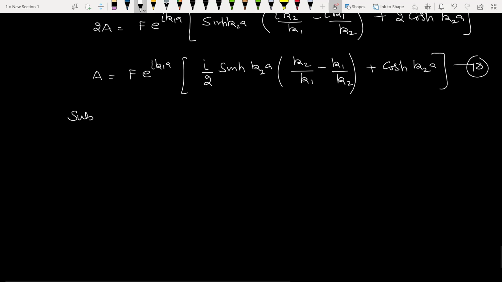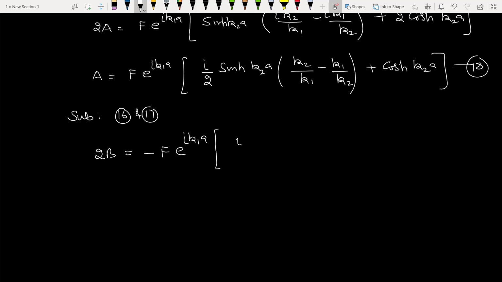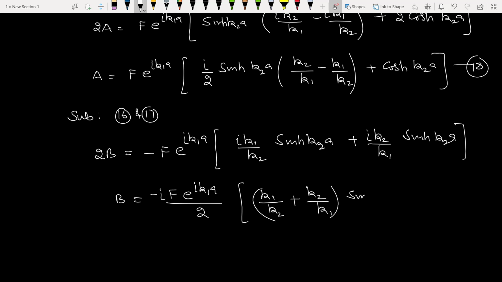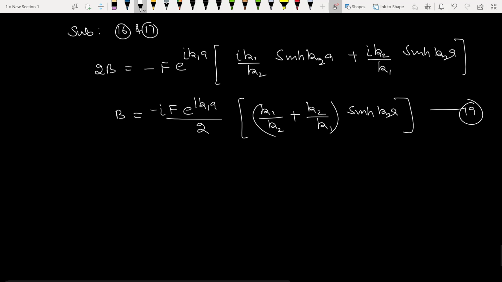So now subtract 16 and 17, we will get B. So it is minus F e raised to power iota k1a, iota k1 upon k2 sin k2a, k2 upon k1 sin k2a. So B is equal to iota common, F negative sign is already there, iota k1a divided by 2, k1 upon k2, k2 upon k1 sin k2a. So these are the values of the coefficients, and from the wave functions we will be having